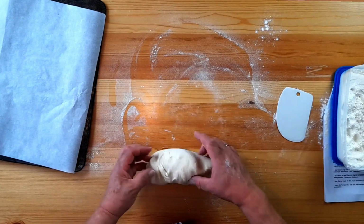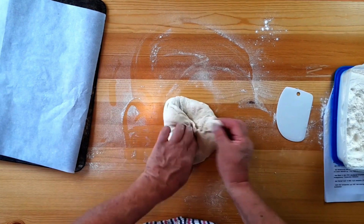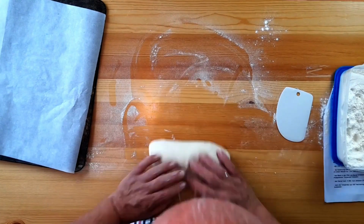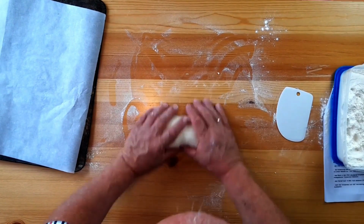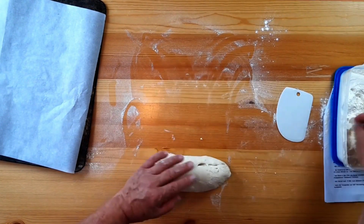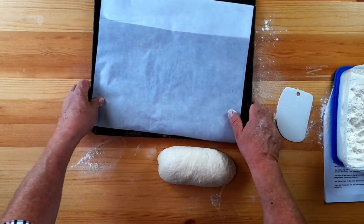We can see how nicely the dough has risen, how beautifully it forms bubbles. And that's how it should be. Then it's well developed, through the gluten, and it gives a nice crumb structure as well. That's all there is to it, just to make it a bit longer now. When I roll it to shape it, now I take my baking sheet,